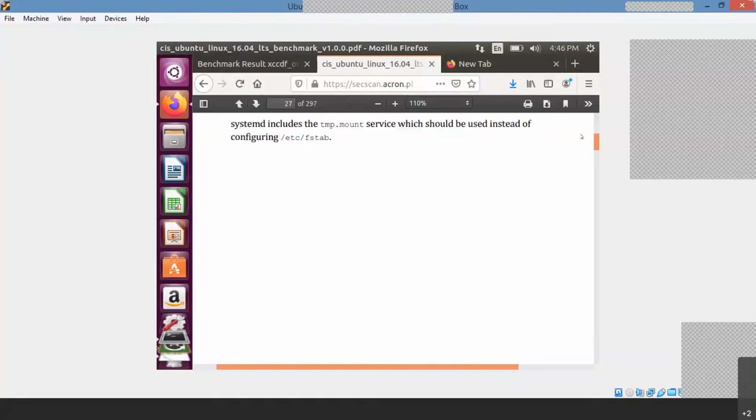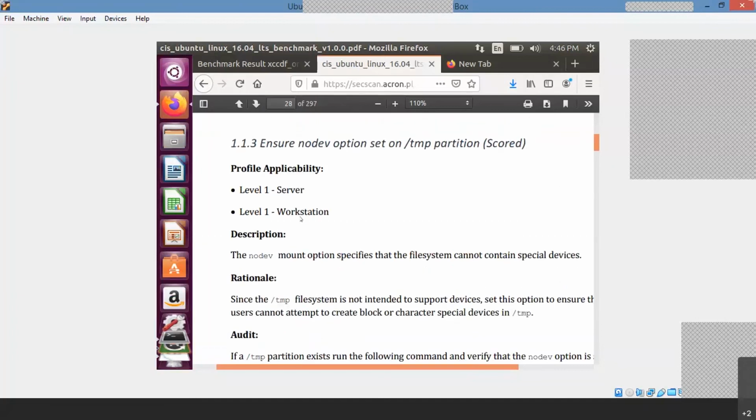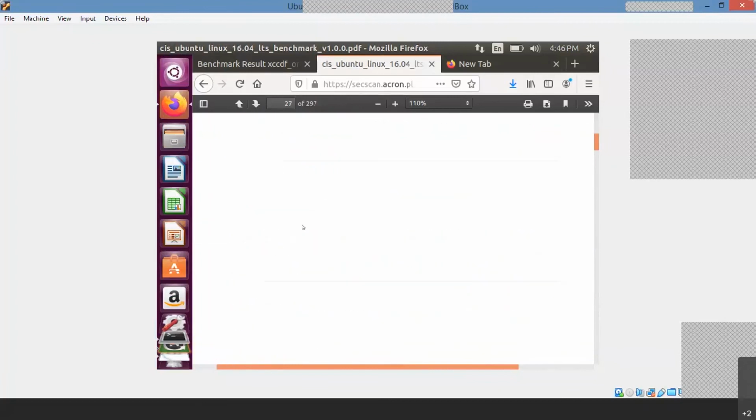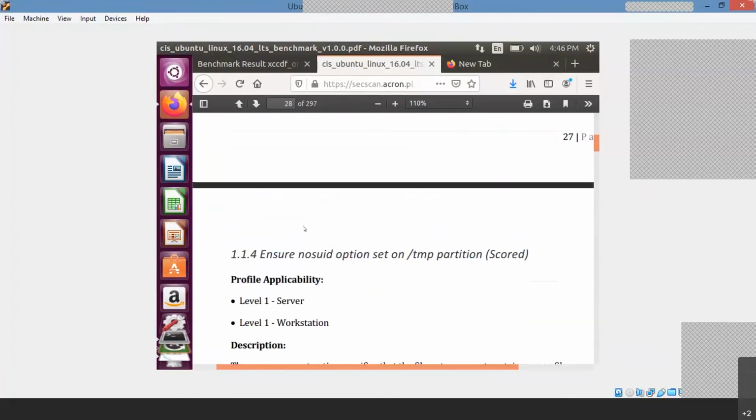Now it is visible, right? One by one, you can just try it. The basic difference between automatic and manual is that in manual you can see each and every option, whether it is correct or not, and check whether the output given by the tool is correct or not. The same applies for the temp partition. You can also make a separate temp partition, and after the temp partition,